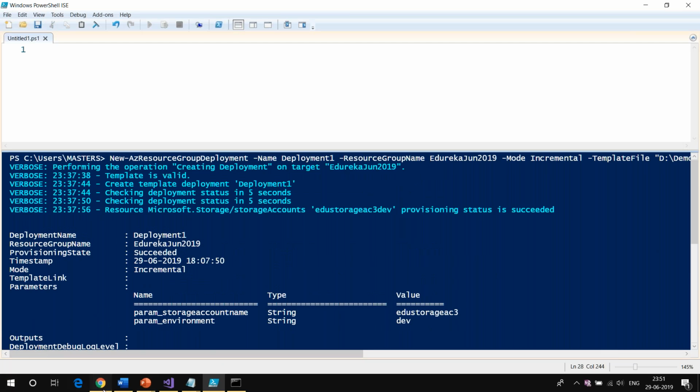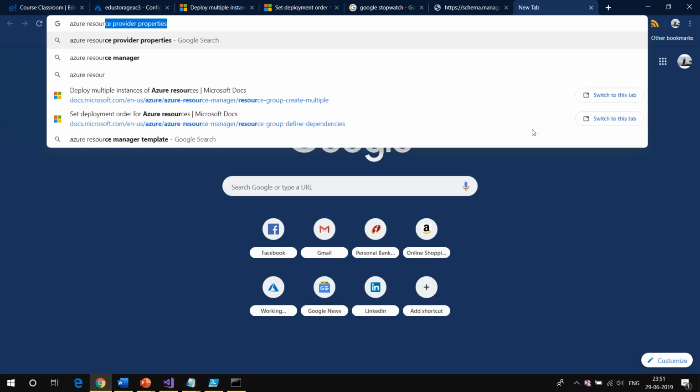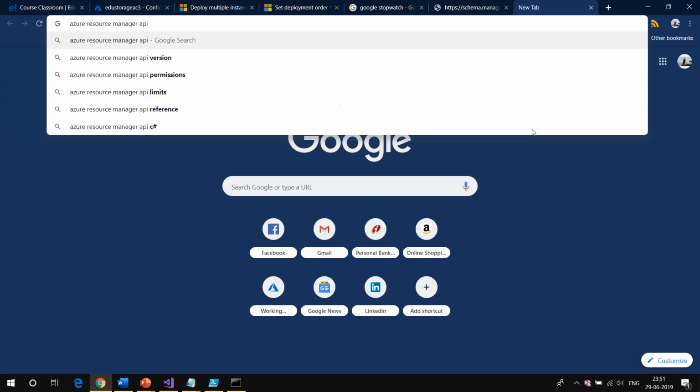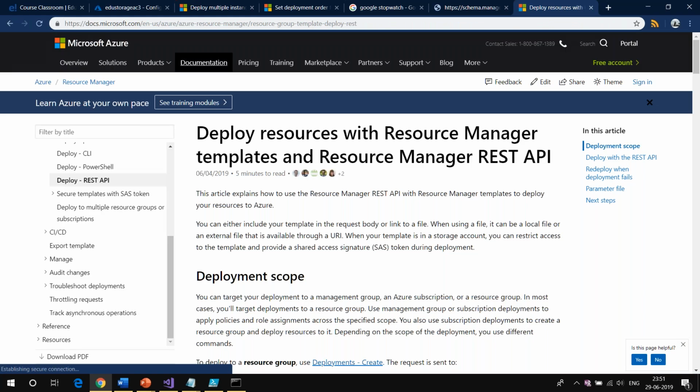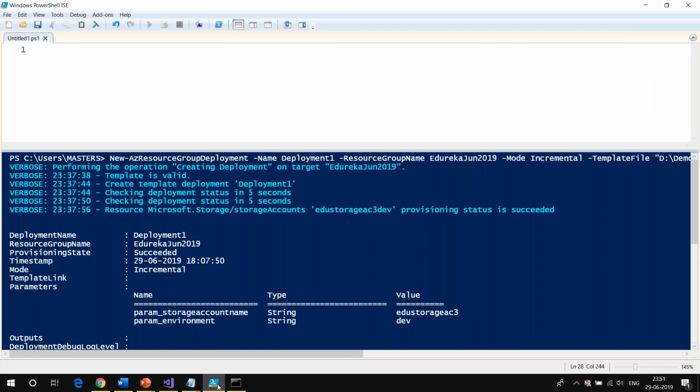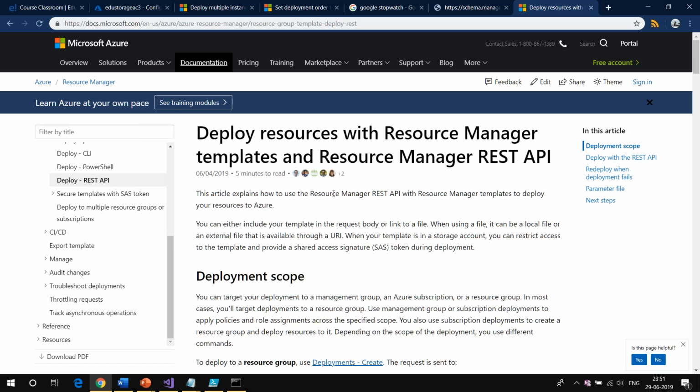If you want to see all the Resource Manager APIs, you can just search for Azure Resource Manager APIs, and it will tell you how you can do it programmatically. Okay, deploy resources with REST API. So instead, you can create ARM templates and make a call to the Resource Manager via PowerShell commands, or if you want to do it programmatically, again create the ARM templates and make a direct call to the REST API.